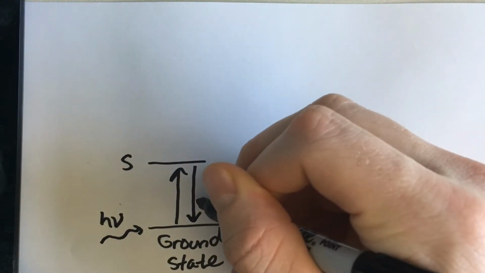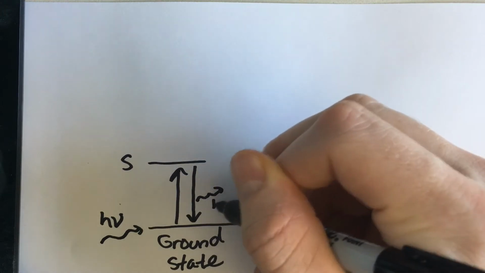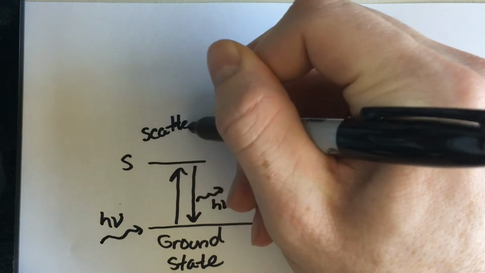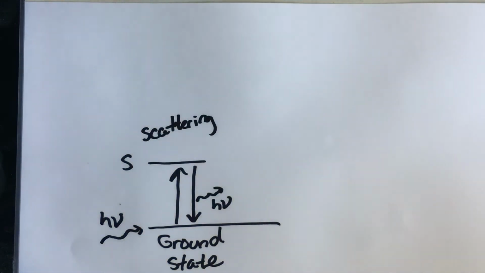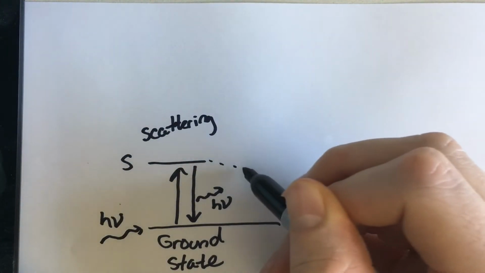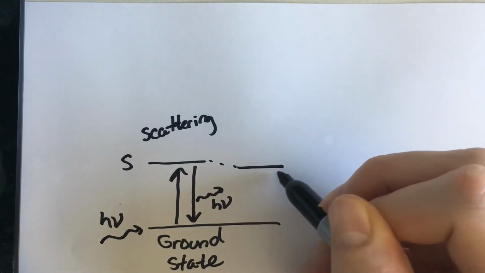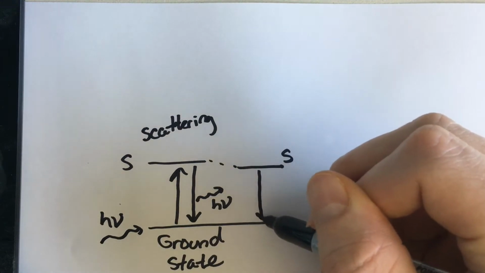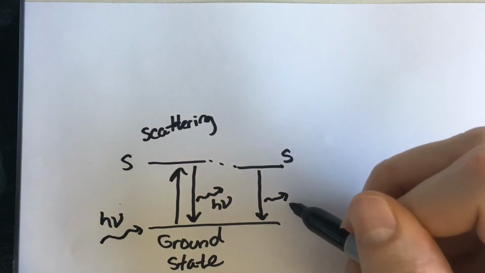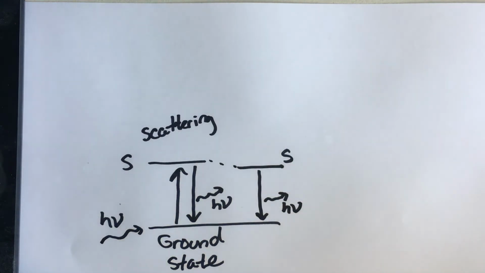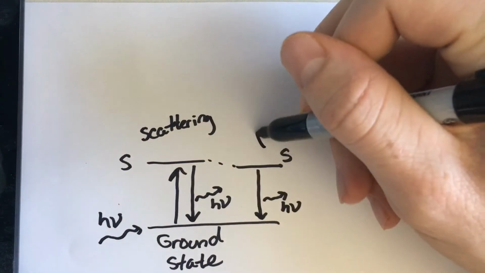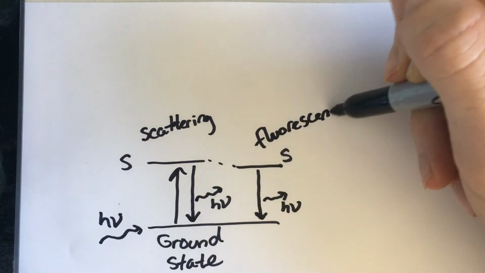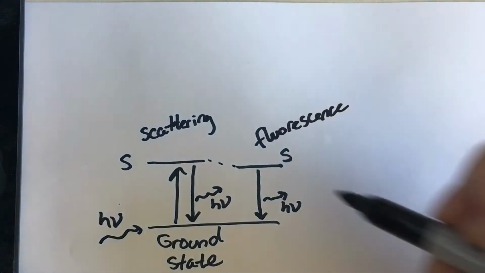And one possible way that it can leave that state is by falling right back down to the ground state, releasing another photon with the same energy as the input photon, and this is called scattering. Another option is that if the electron goes through some vibrational relaxation, it'll end up in another singlet state before it falls down to the ground state, and it will once again release a photon, this time with an energy slightly lower than the energy of the input